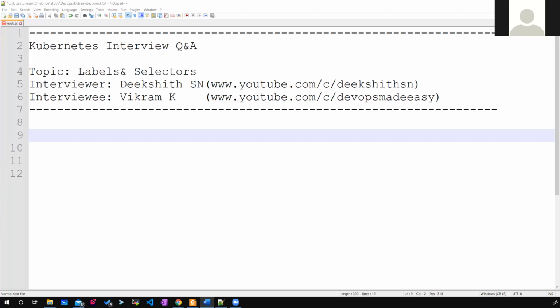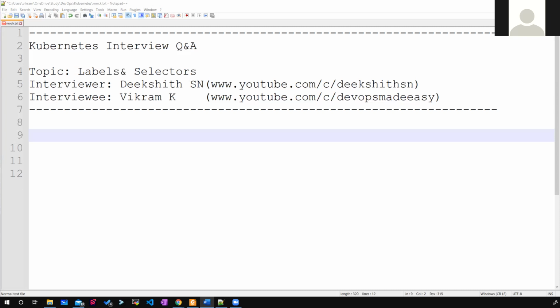So what do you think? What might be the reason? When you're given a chance, what is the first thing that you want to check? Okay. The first thing I check is that a service matches all the pods using the labels. It takes the pod labels and uses them as a selector. So the first thing I'll do is check whether the selector is properly mentioned for the service.